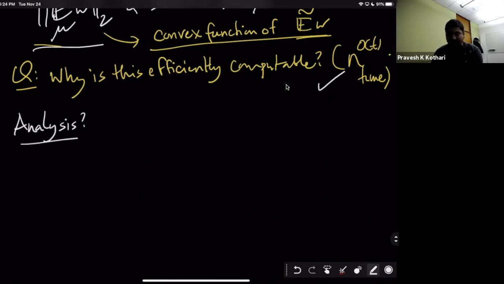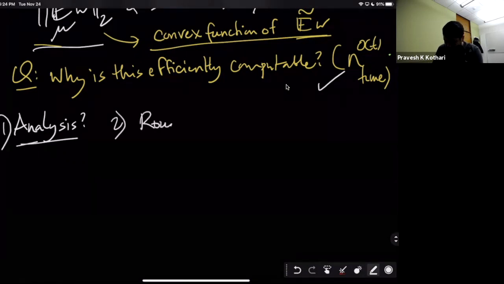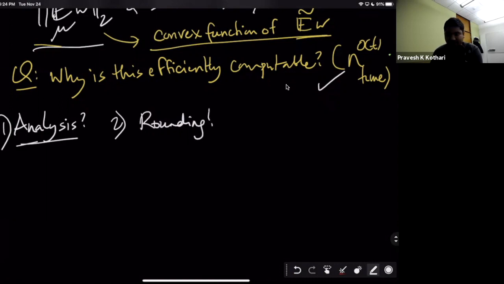We did some analysis using anti-concentration earlier, but that used the fact that we had a distribution, etc. And we have to give an analysis that makes sense for pseudo distributions. And next, we have to give a rounding that makes sense for pseudo distributions. We can't quite sample from pseudo distributions even when they satisfy max entropy or whatever constraints. And so the sampling thing that we did at the end is not really an algorithm that we can apply on pseudo distributions. So I have to fix both these details, right? And so let's do that.